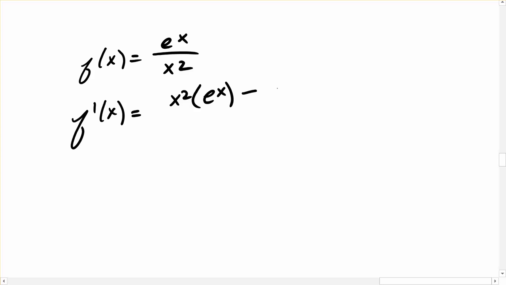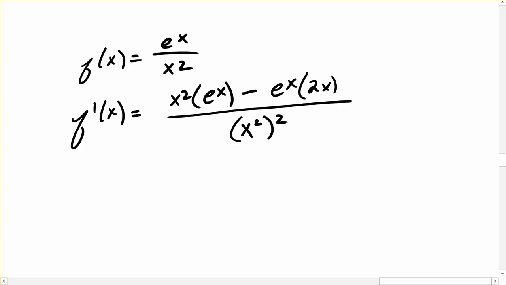Minus what? Low, that was low d high minus high d low. Minus 2x times 2x all over what? X to the 4th. X squared squared. Yeah, I'm just writing it out like that. You with me so far? Yes. Okay, so that is